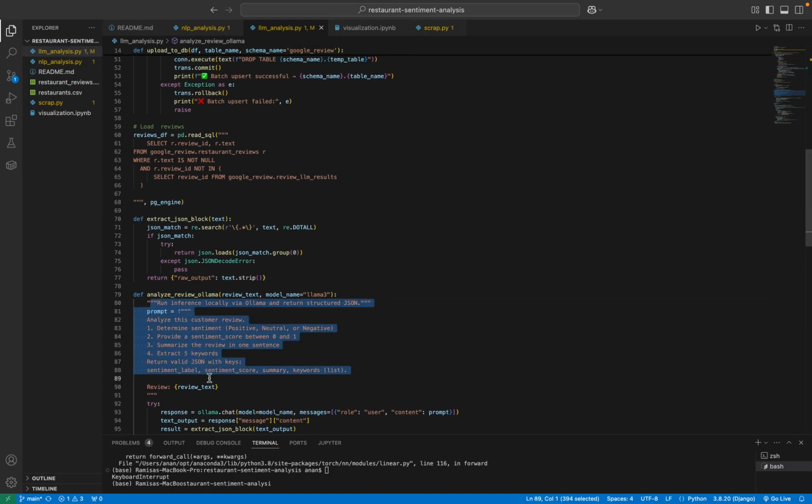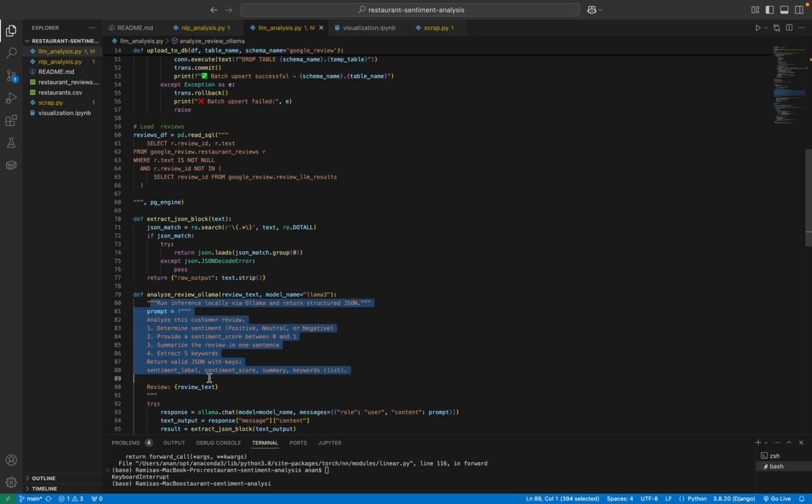Here's my prompt: analyze this customer review, determine the sentiment as positive, neutral, or negative, and also provide a sentiment score between 0 and 1. Summarize the review in one sentence and extract 5 keywords. Return valid JSON with the keys sentiment level, sentiment score, summary, and keyword list.